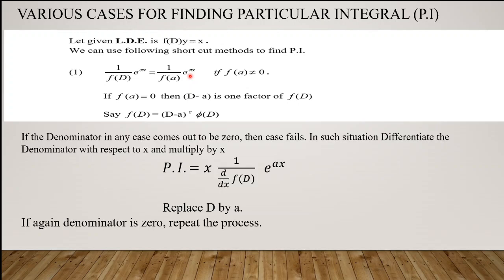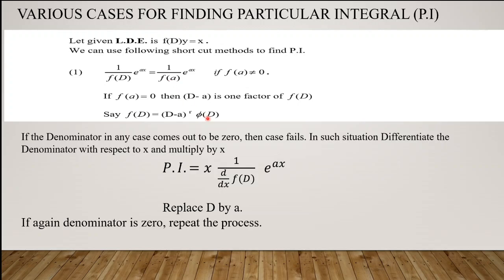Suppose I have the RHS of the differential equation as e to the power minus 5x. So what is the coefficient of x in the exponential term e to the power minus 5x? Minus 5 means I will be replacing every D by minus 5. In doing so, if after putting the value as minus 5, the whole term or calculation turns out to be 0, that will not be acceptable. It is not at all accepted. So therefore here what is the condition? f of a should not be 0, means this denominator should not be 0.